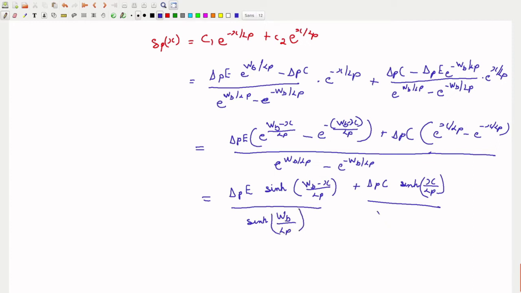Here also we have sinh WB by LP. So that is the delta P of x,